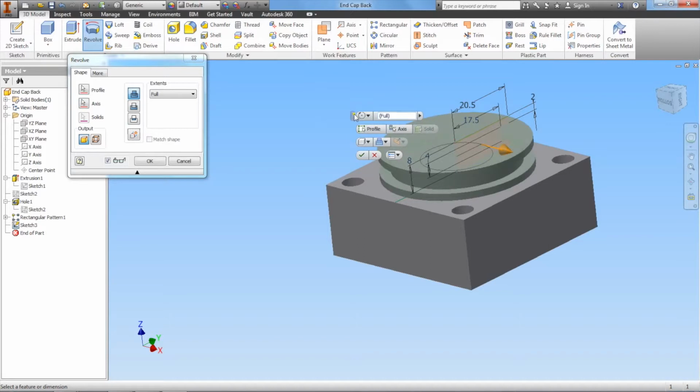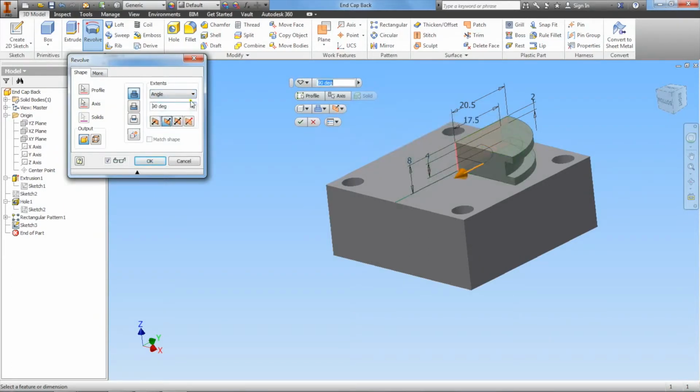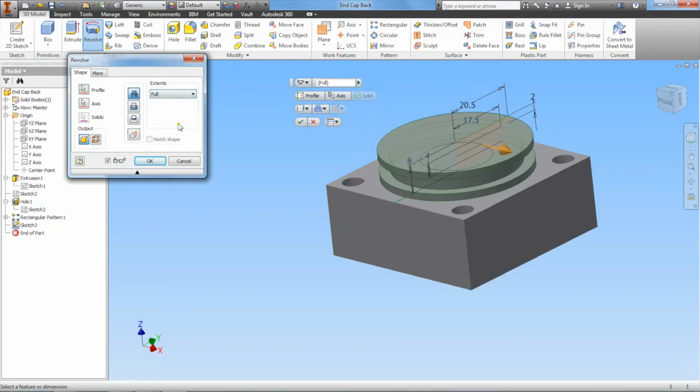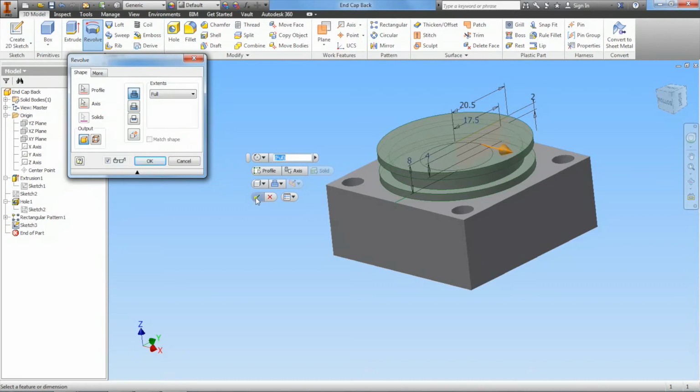So now you see that our sketch has been revolved a full 360 degrees. Over here in the menu, you can see where you can actually click the specific angle that you want it to go to. So I can choose 90. I can do 180, that's halfway. I can do 270, three quarters of the way. And then of course, 360. Or if I know it's going to go all the way around, I can just choose full. And anywhere in between, this arrow here you can use to adjust it the way that you want to. But we'll set it at full and click the green check mark or OK,